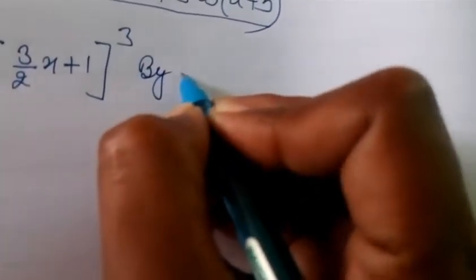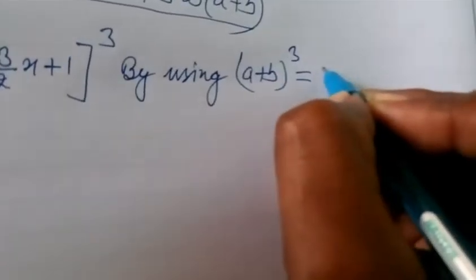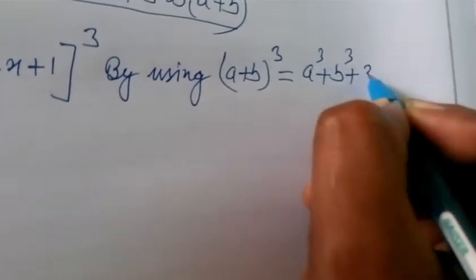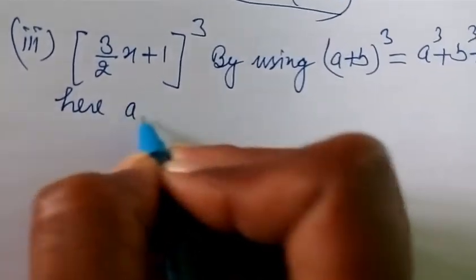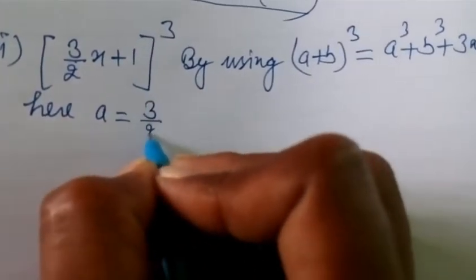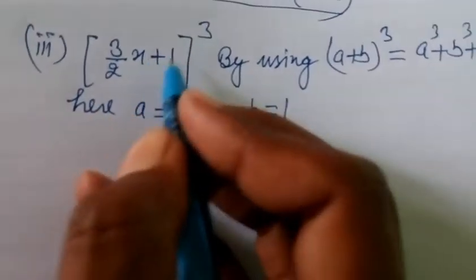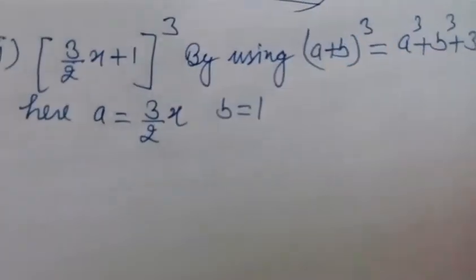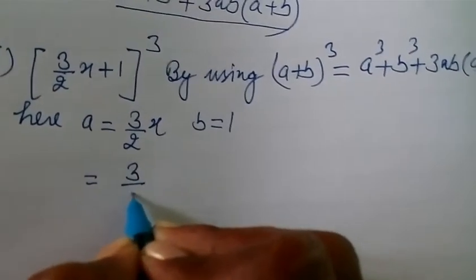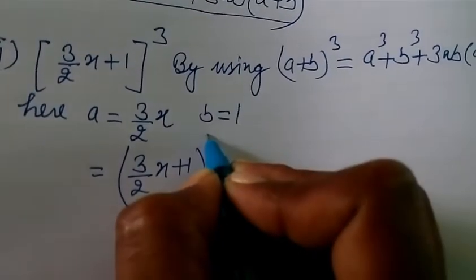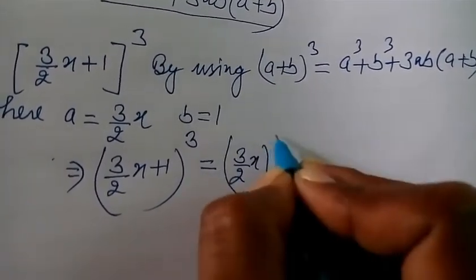By using the same identity, here the plus sign, (a plus b) whole cube, I'll get a cube plus b cube plus 3ab into (a plus b). Now put the values in place of a and b. In place of a there is 3 by 2x, and in place of b there is 1. Just put the values here. You don't have to think about this again. If you have compared correctly, you will get the correct answer. So you'll get (3 by 2x plus 1) whole cube is equal to a cube, which is (3 by 2x) raised to power 3, plus b